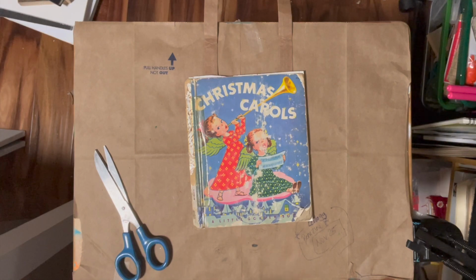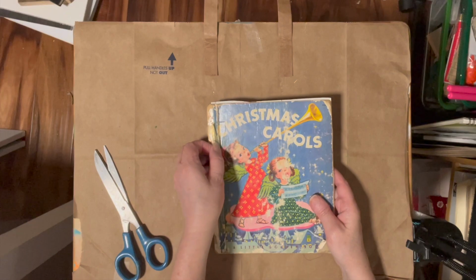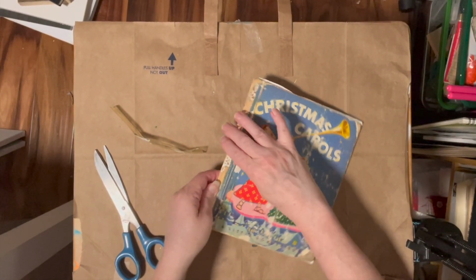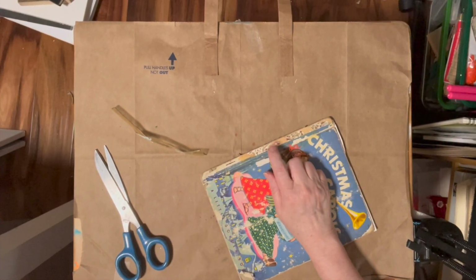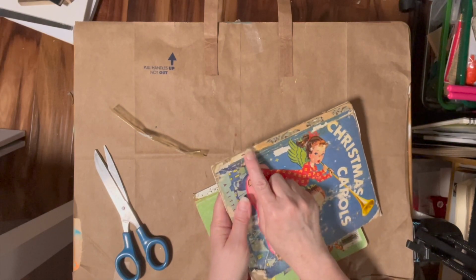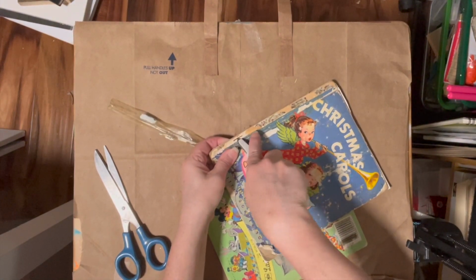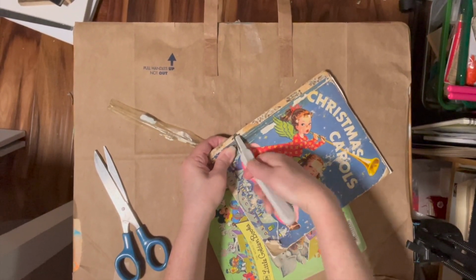Now, another way of doing this that is, again, super simple is to take the cover off, or, you know, remove it from the spine. And this one's the covering, that shiny covering that they have on their spine. This right here, as you can see, it's already off of this spine, and I can see the staple, so that's perfect. I'm going to come in here and lift out the staple with my handy dandy staple remover,